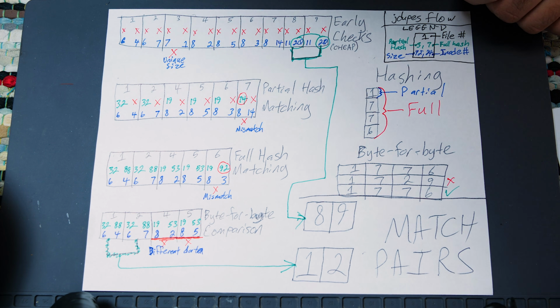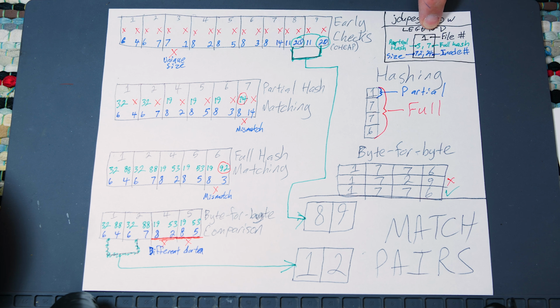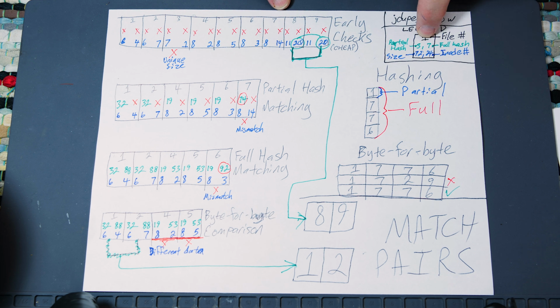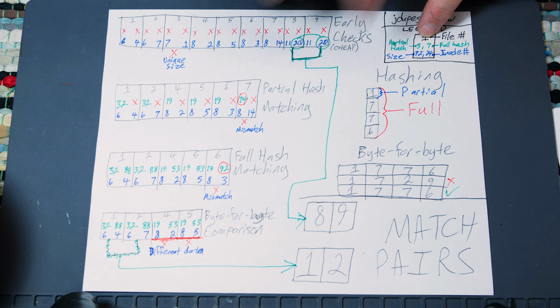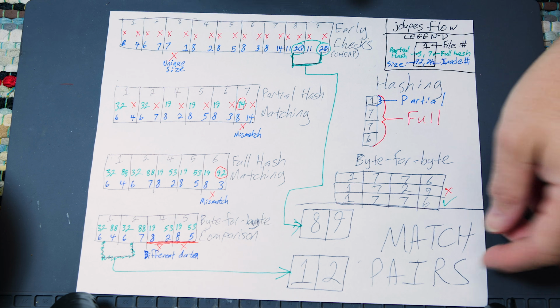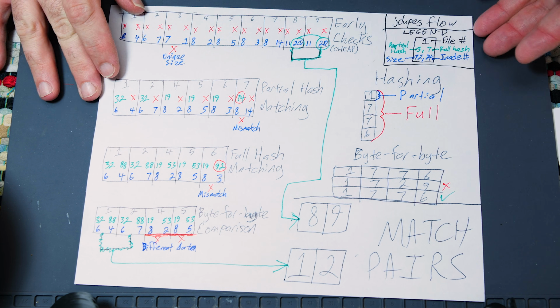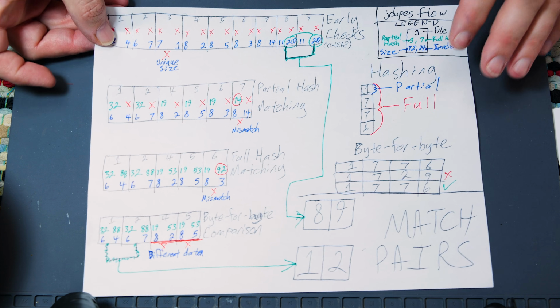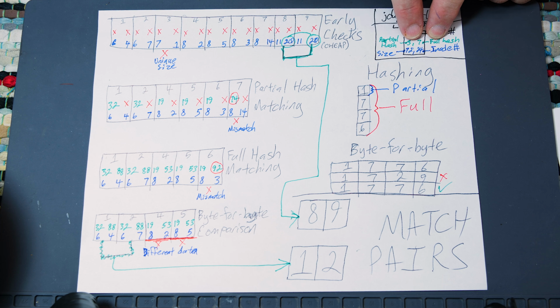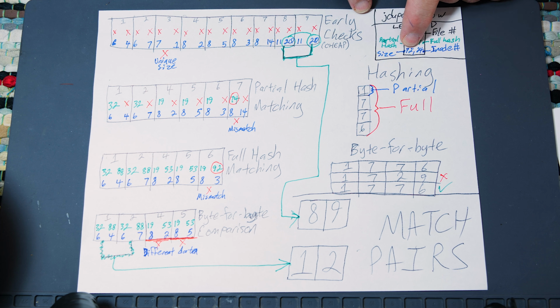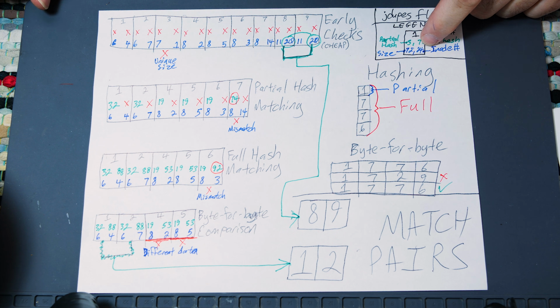So, right off the bat, I want to point you over here to the legend. Each of these are files. All of these squares you see here are files, and they have a file number at the top, partial hash, full hash, we'll get to those later, a size, which is how many bytes the file is, and an inode number, which is basically the number of the file on